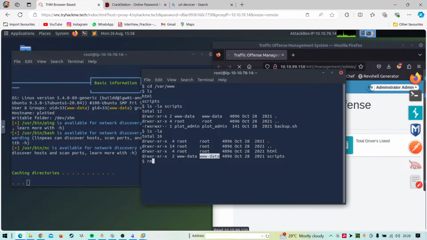So what if I just remove this entire scripts directory? Okay, so I cannot. What I was thinking is, what if I delete the entire scripts folder and make one more scripts folder and create my own custom backup.sh file? That was what I was thinking, but okay.